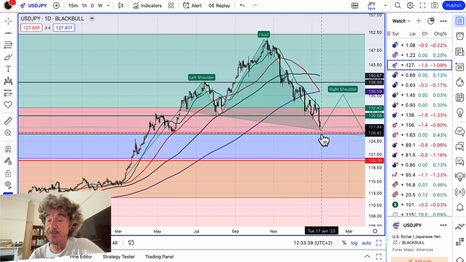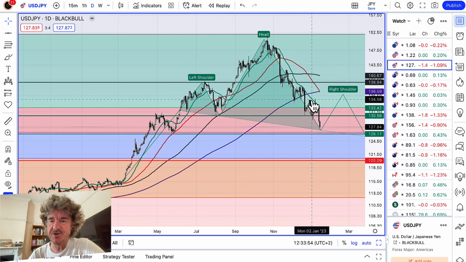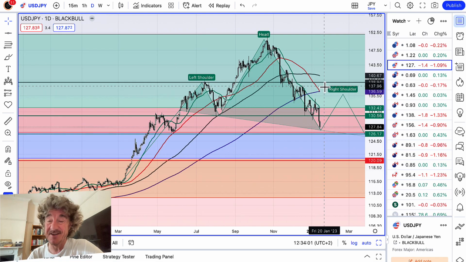I think we might get a little bit lower. With a bit of luck, I'm going to pick up some more the lower we go. But if we don't get lower, I'm already in this a little bit, about a quarter of my normal commitment, and I'll be looking to add a bit more if we get lower. But I think we could see the movement back up to at least 135, 134 to form a lopsided right shoulder. And who knows what's going to happen this year with recession, interest rates, CPI, interest rate hikes or non-hikes in Japan,